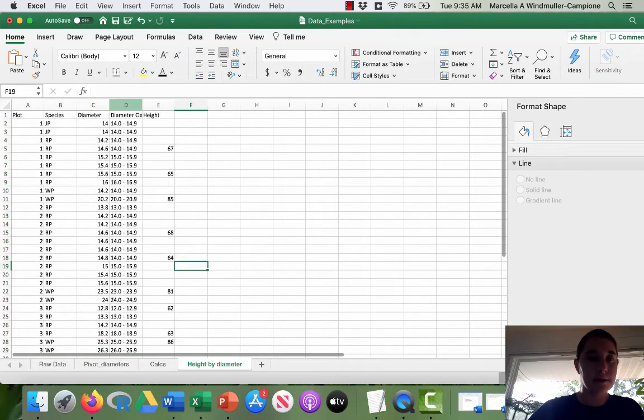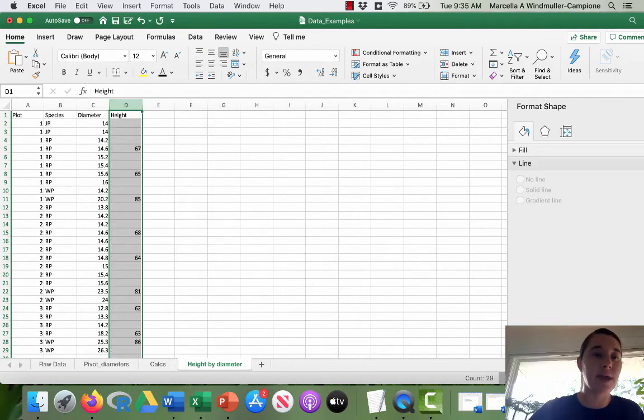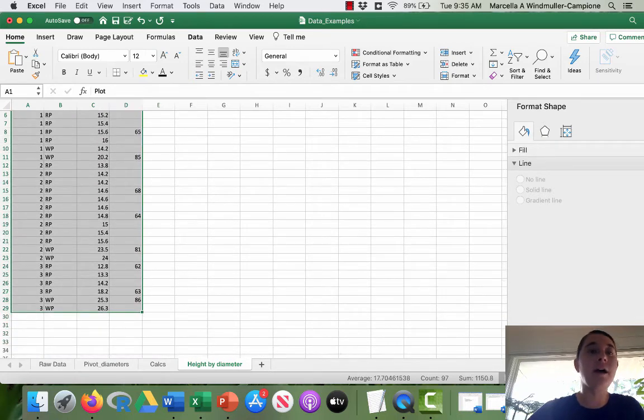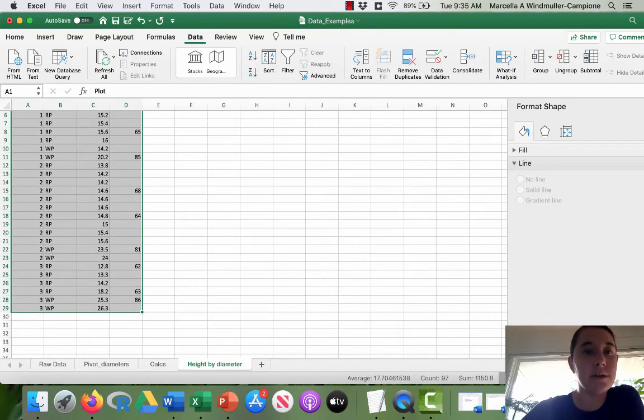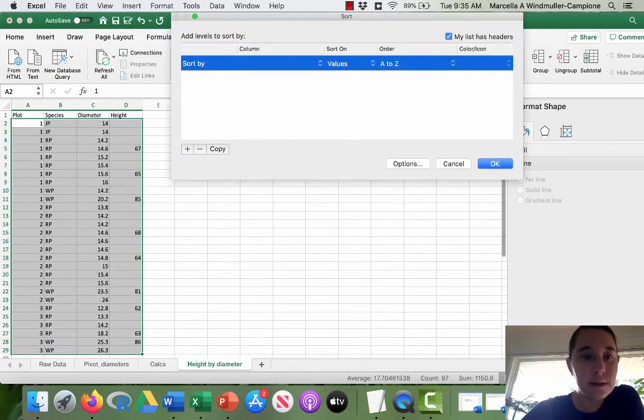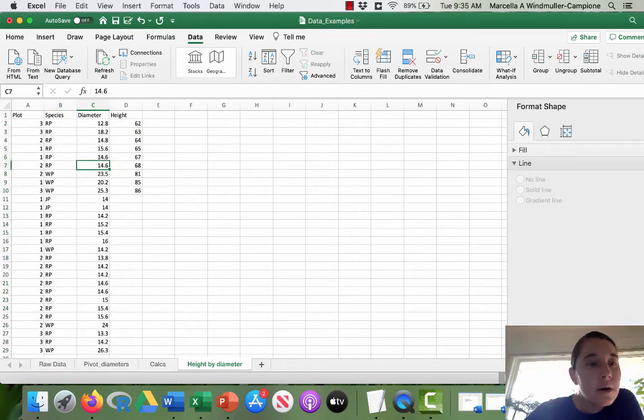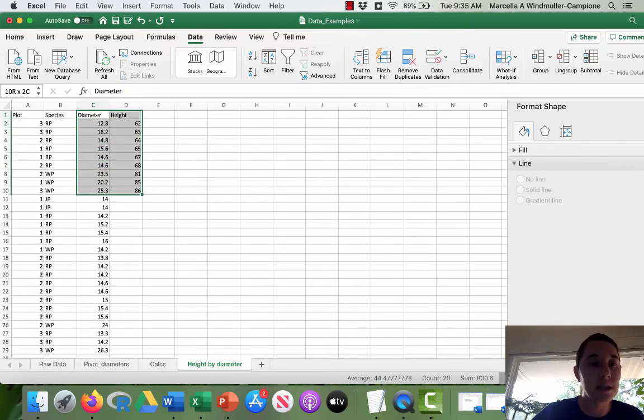Okay, so we don't need our diameter class, so we're gonna get rid of that. But we have our heights and we have our diameters. And we're gonna sort by only the ones that have heights. So data sort, and we'll do by height. And using this data, we can develop a regression. So let's say at first, we're going to use all the species. So we're going to treat red pine and white pine equally. So we can select this data,